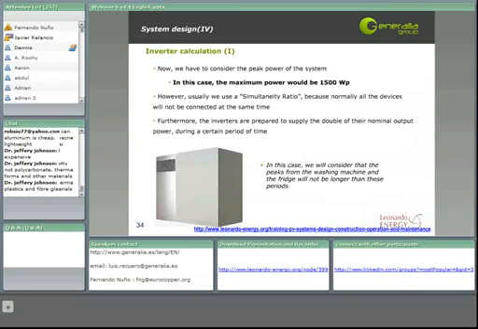Finally, for the inverter calculation, we have to consider the peak power of the system from the study of consumptions. So, if we go back to the slide where we had it, we can see then the maximum power would be around 1500 watt peaks. If we use a simultaneous ratio, that it means that not all the devices will be connected at the same time, of an 80%, we can get